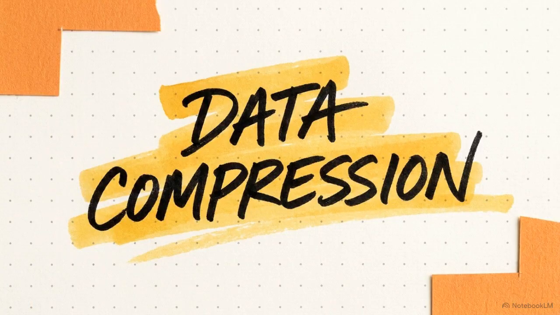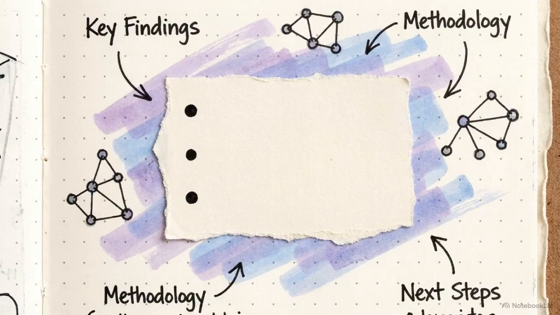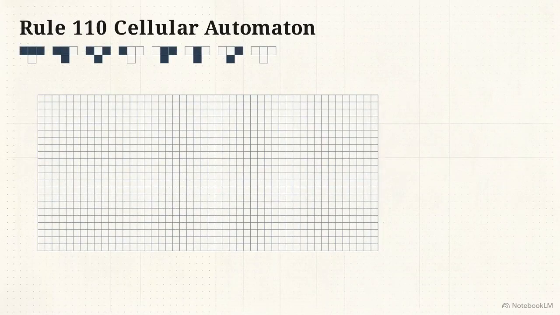Information theory offers a different model, Kolmogorov complexity. Instead of storing a massive picture of the final product, you store a very short list of simple rules. This diagram shows a basic cellular automaton, governed by something called Rule 110. You start with a single square in a grid. A basic if-then rule looks at a triplet of squares in one row and dictates whether the square directly below them should be filled in the next row.